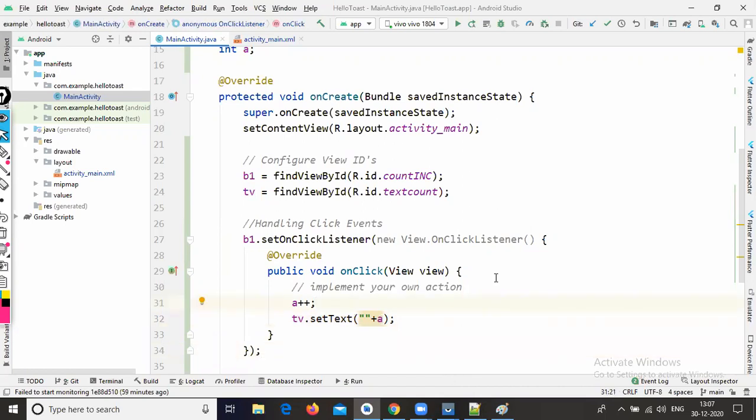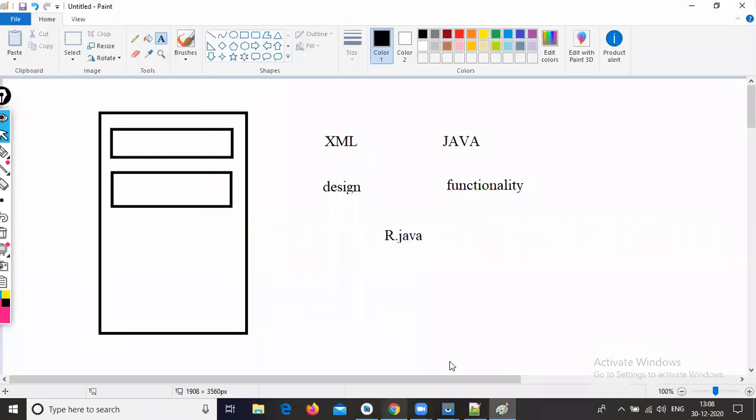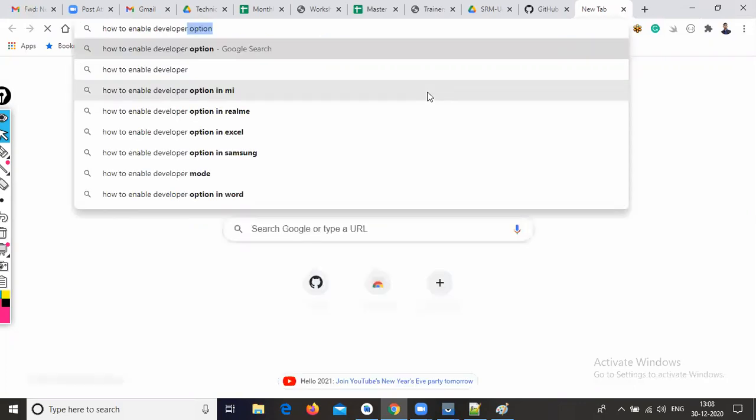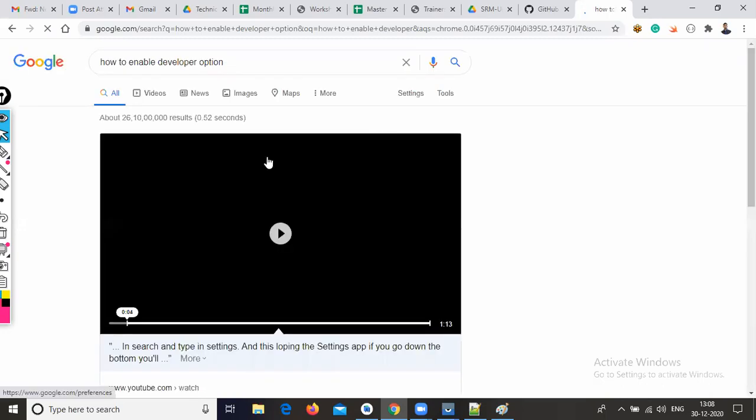The basic step is to open your browser and type how to enable the developer options, and search on it. Why? Because the developer option settings change depending on the mobile phone.